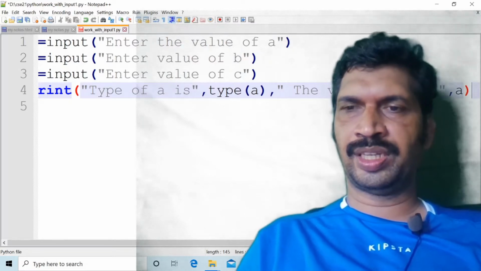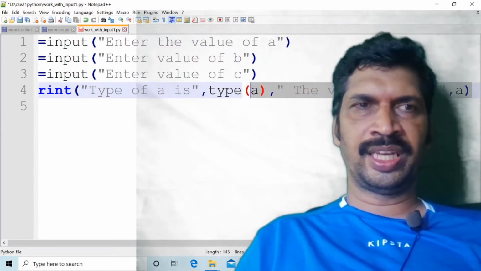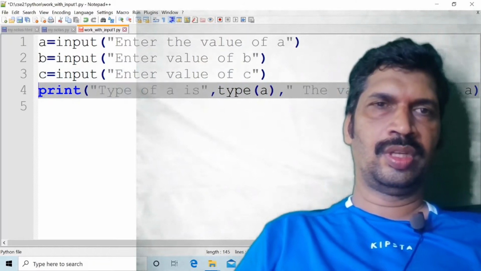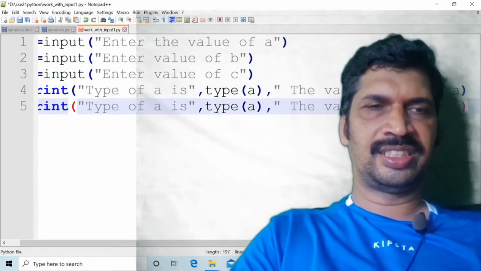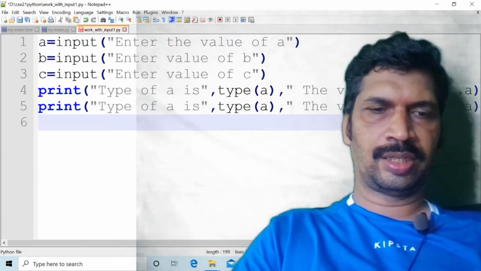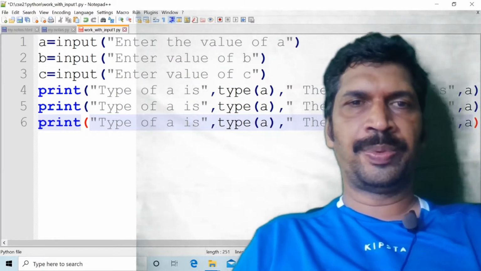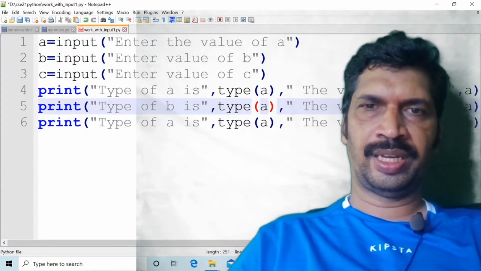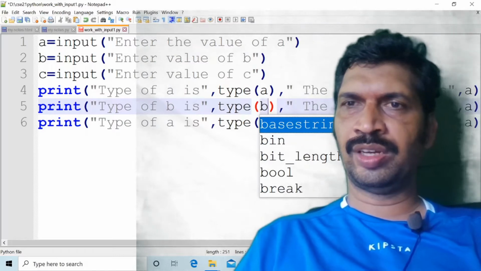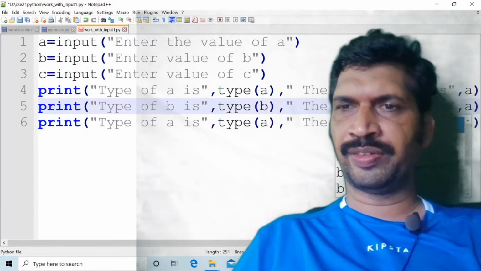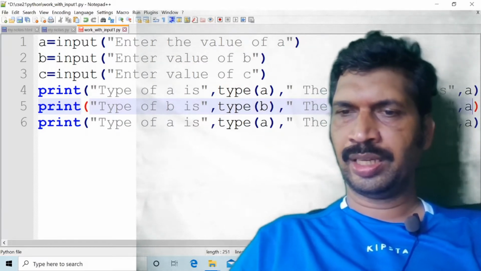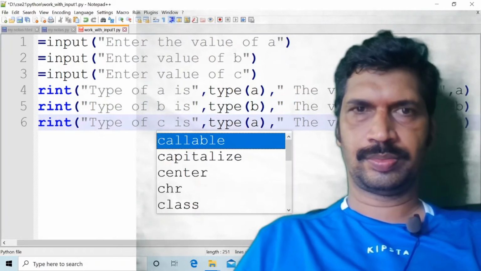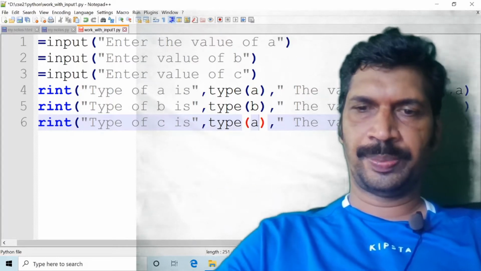Here I am printing the type of the variable a and the value of the variable a. Same for b: "type of b is", type(b), "the value of b is", b. And the same for c.